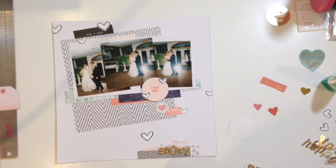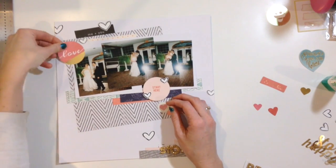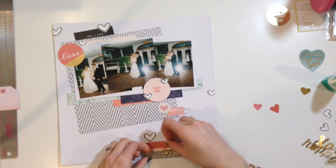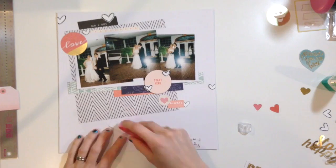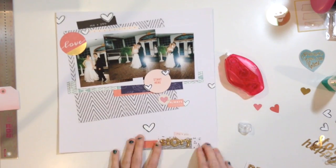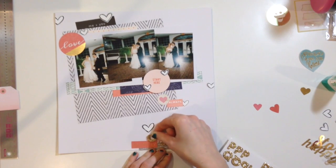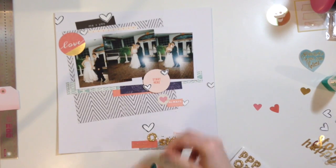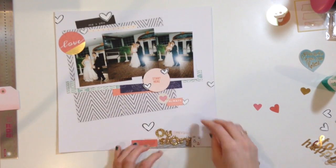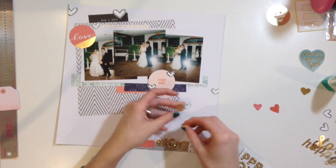So I also wanted to add another circle because I have that other big circle and I felt like I needed something else. I probably could have left it and it would have been okay. But I just felt like I needed another circle on there, and I have that other small one too. So I played around with this because I wasn't sure exactly how I wanted